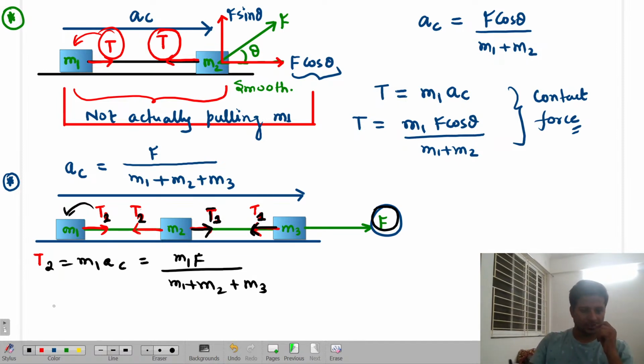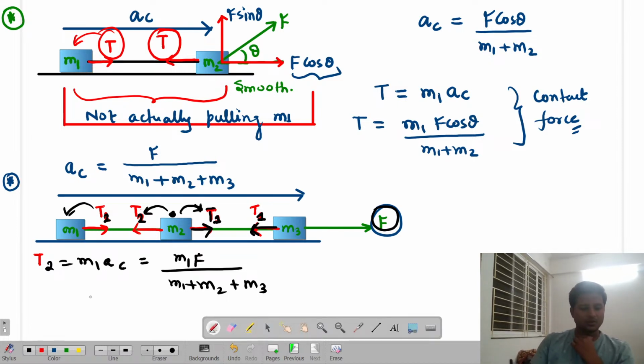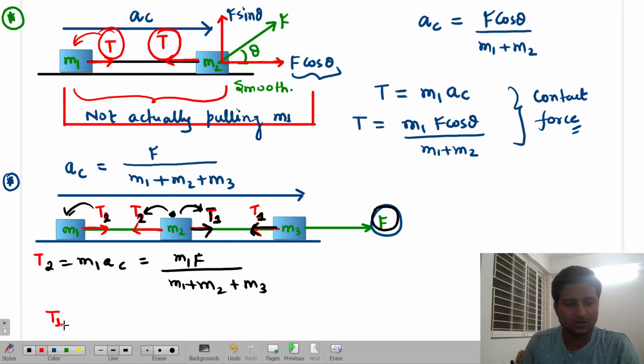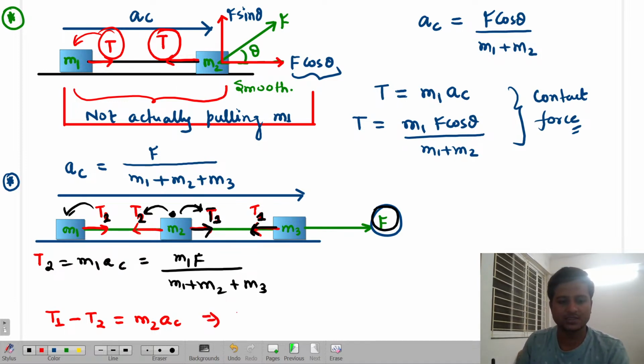Yes. Now, once again, the third case, the third scenario, for mass M2, if I look, tension T1 is trying to pull, but tension T2 is trying to oppose the motion or not. So the equation will become what? The pulling force, which is my tension T1 minus the opposing force tension T2, and that should be equal to my mass M2 into its common acceleration AC. Are you able to get me or not? So basically, this implies that T1 is nothing but T2 plus mass into common acceleration AC. Are you able to get me or not?